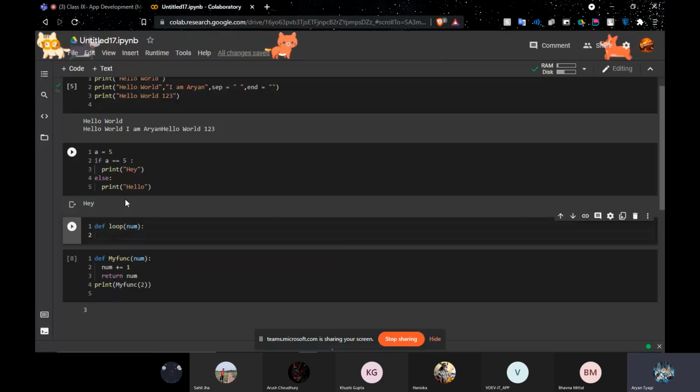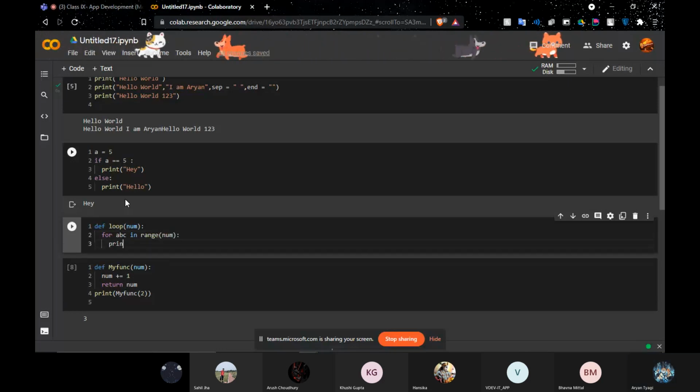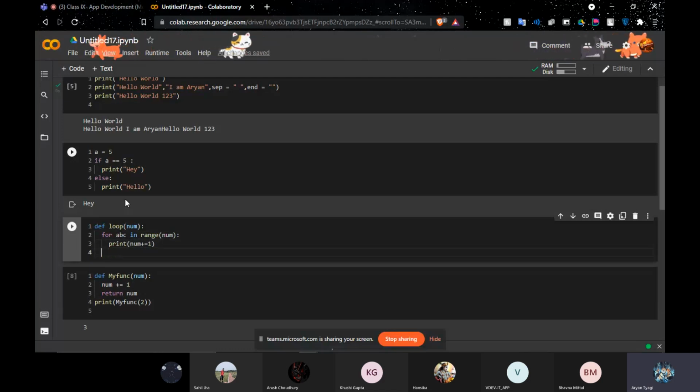So if we have, let's just say, for ABC in range num, print num plus equals to 1. Now we can also call the functions using the same syntax, like loop. We can just do this, and to provide some value for num we will do 15.